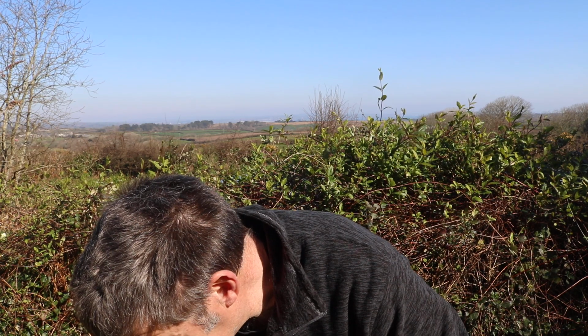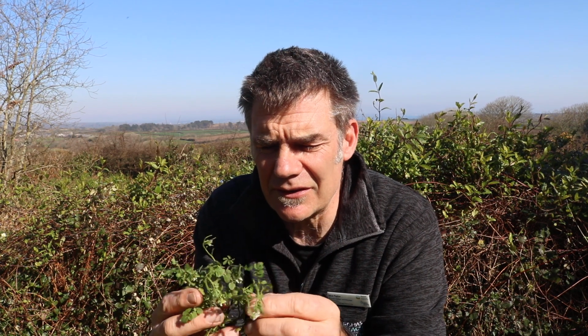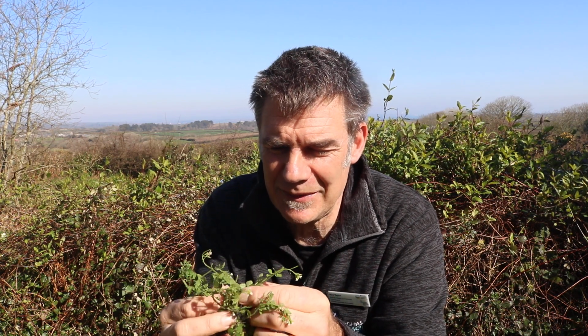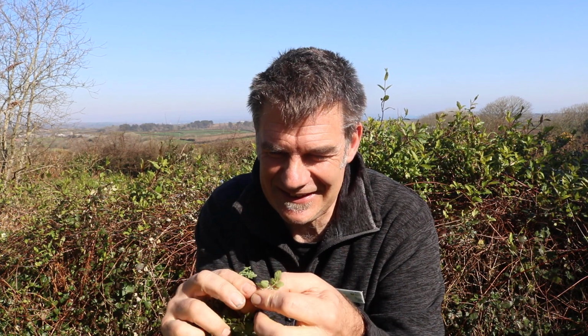Now, what else have we got? This one is one of my favourites. This one, even if you've got the tiniest of gardens, even if you've just got flower pots, you may well find this one growing. Now, this is called hairy bitter cress. If you have a look at the leaves, you can see it's...